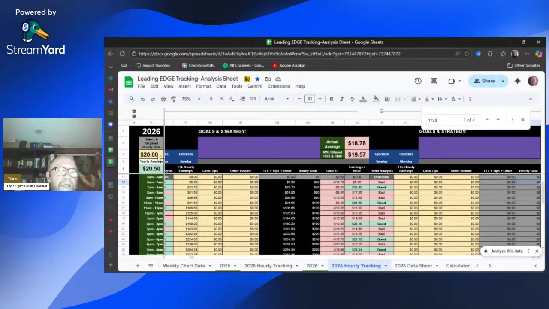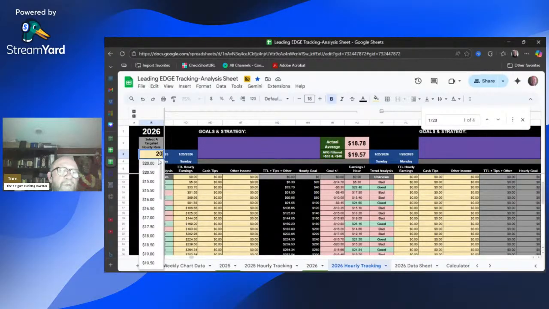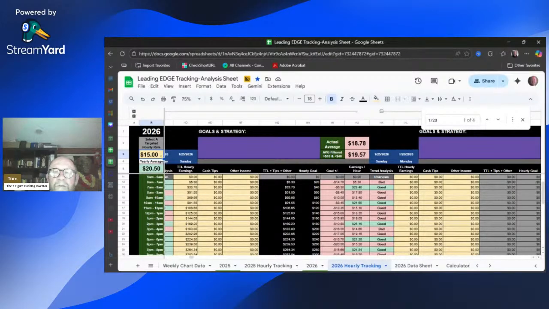So you can see these numbers will all change their color. If I say this is what my goal is only to make $15 an hour, then watch this area here and you'll see it all change. Okay, there it goes. So all these were good and above $15 an hour. So I can track that. And then this actually shows what my yearly average is. Last year, I think I averaged